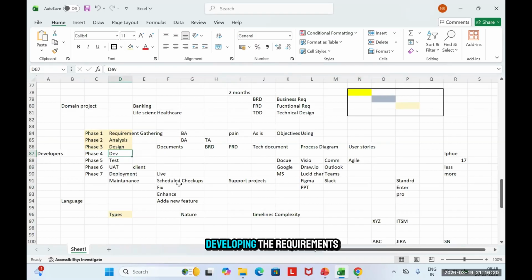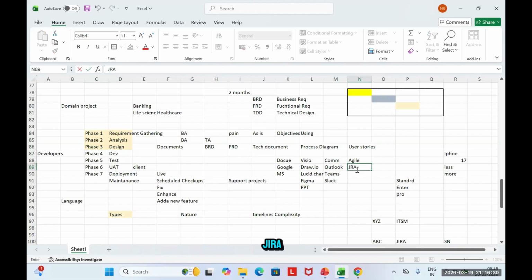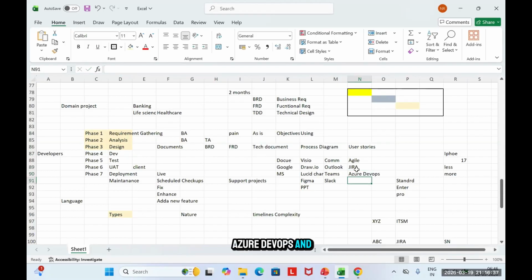Agile tools, as I mentioned: once I have completed all the work, developers would be developing the requirements. But I'll have to facilitate this development in a tool. That tool is known as Jira. There are also Azure DevOps, and in ServiceNow we have ServiceNow Agile. Since we are learning ServiceNow, we will learn this too. Same concept here as well: if you learn any one of them, it is very easy for you to work on other products.